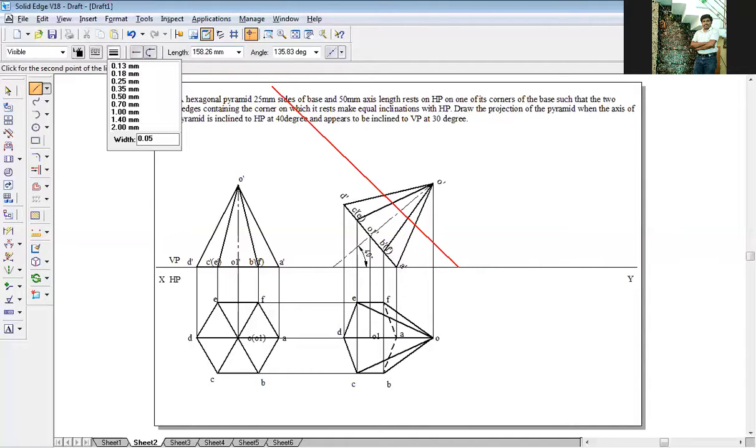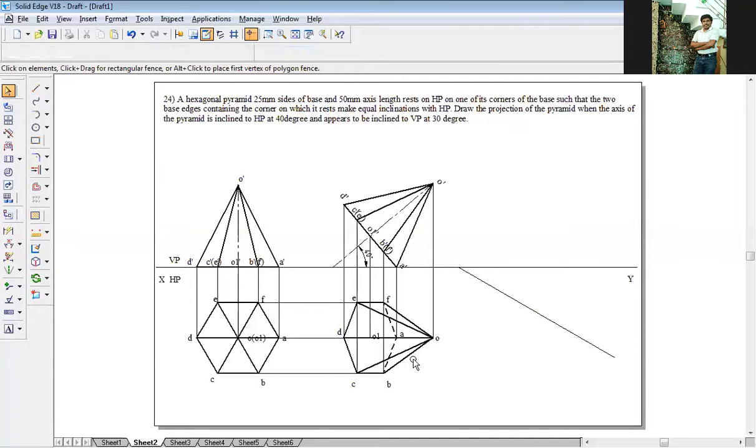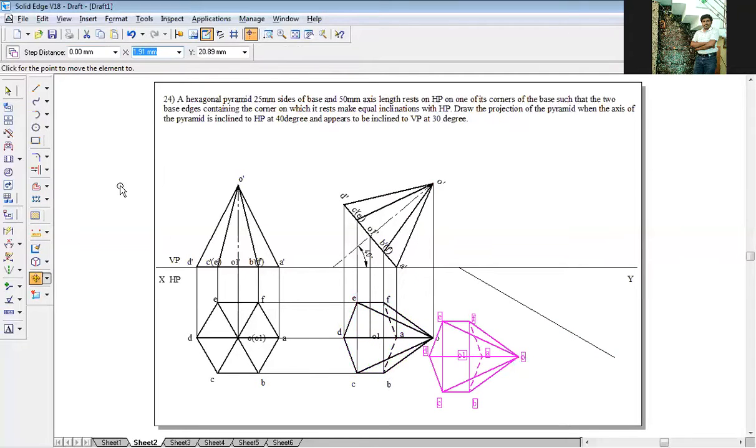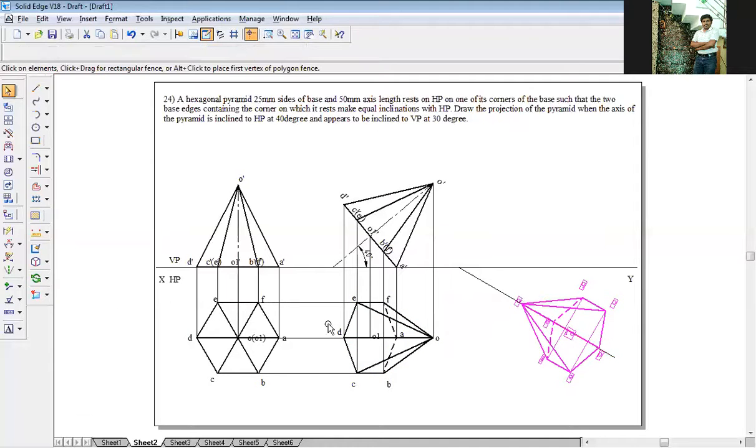So 0.05 line thickness projection line, angle is minus 30 degrees. Draw a line at an angle of 30 degrees. Select the entire thing. Go to the move command. Switch on the copy option. End O point, put it on the line. Then go back to the rotate command. Switch off the copy option. End O point as first click, O1 point as second click. Rotate it here. Right? Then draw projection lines from each and every corner.